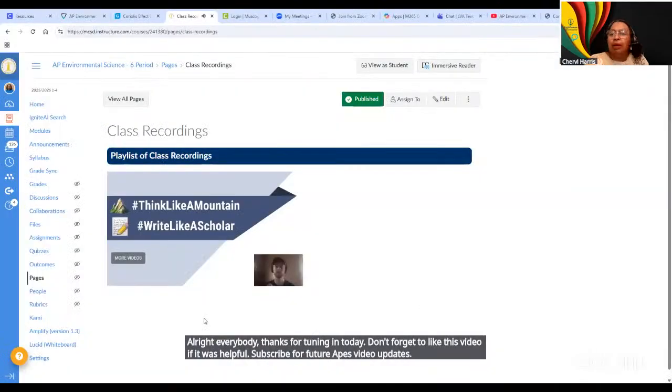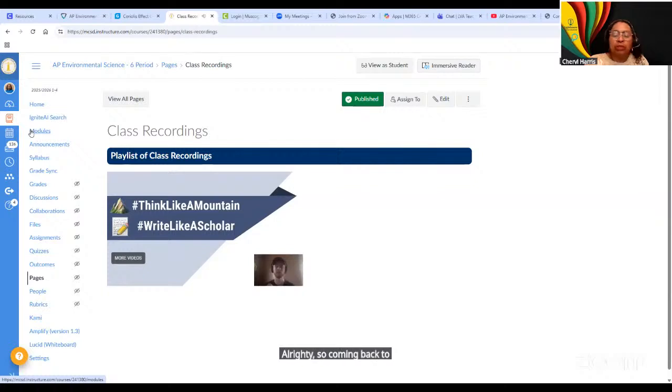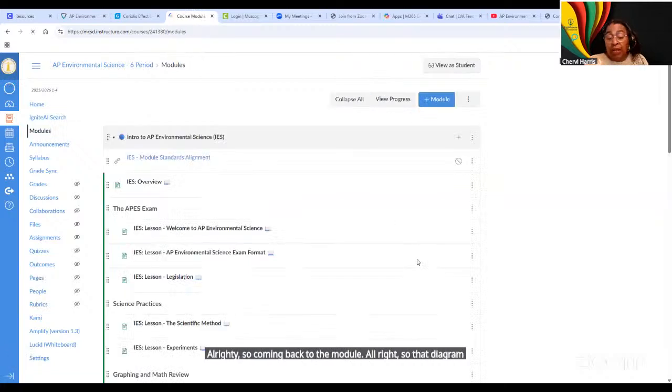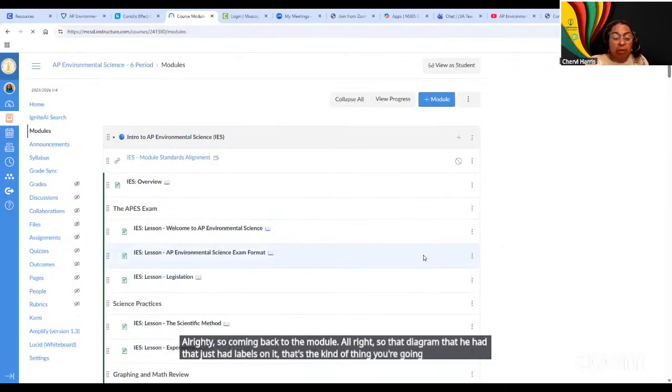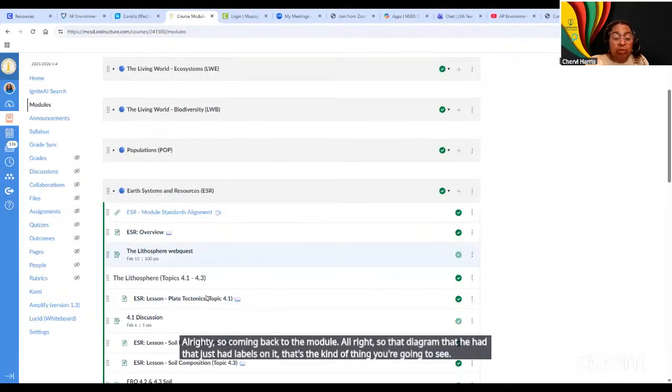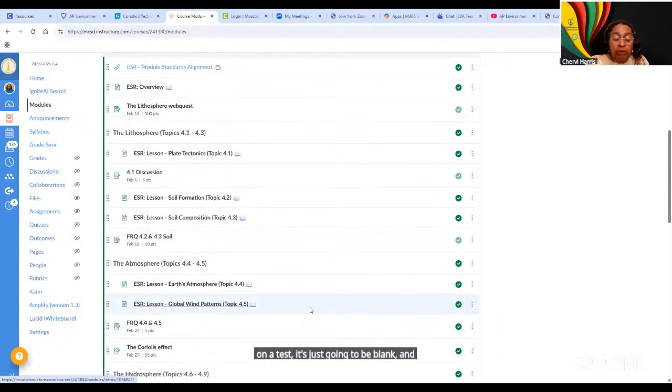All righty. So coming back to the module. All right, so that diagram that he had that just had labels on it, that's the kind of thing you're going to see on a test. It's just going to be blank. And it correlates with